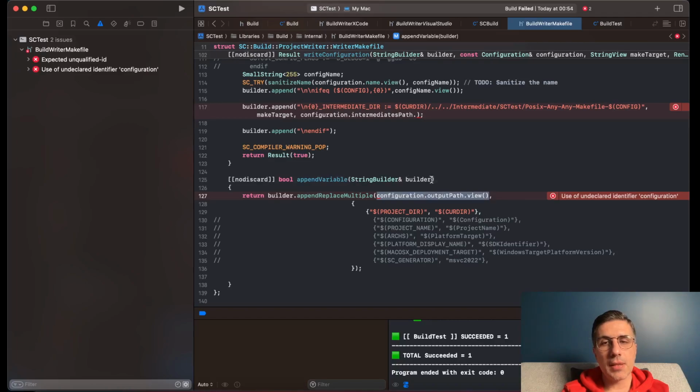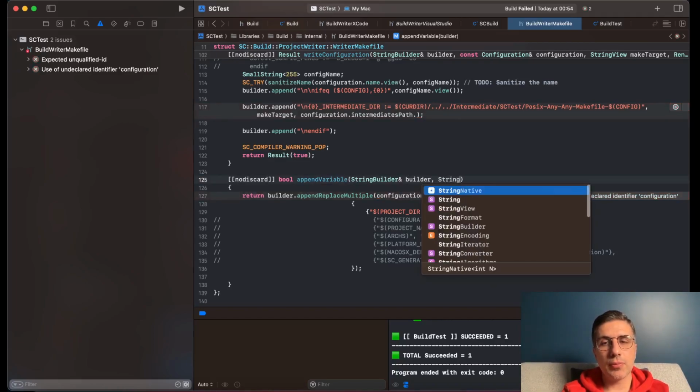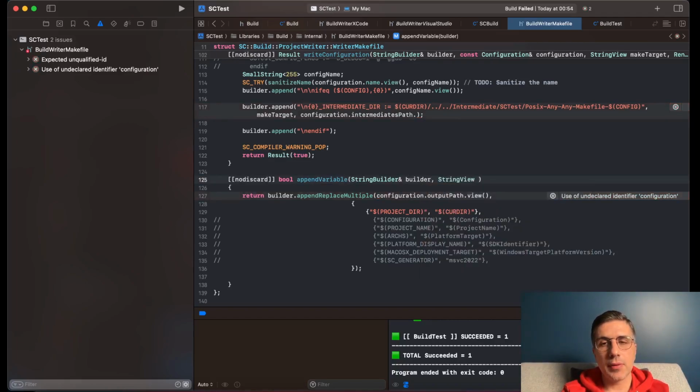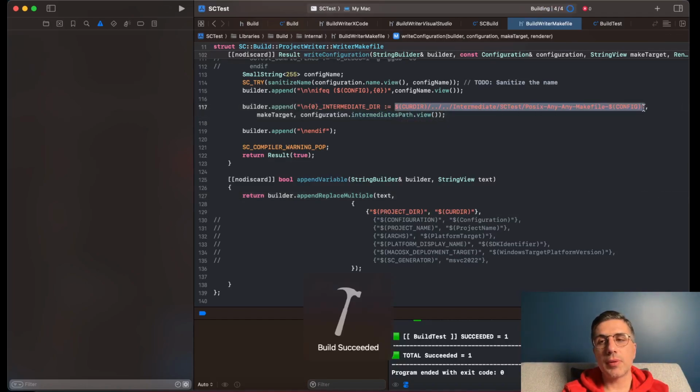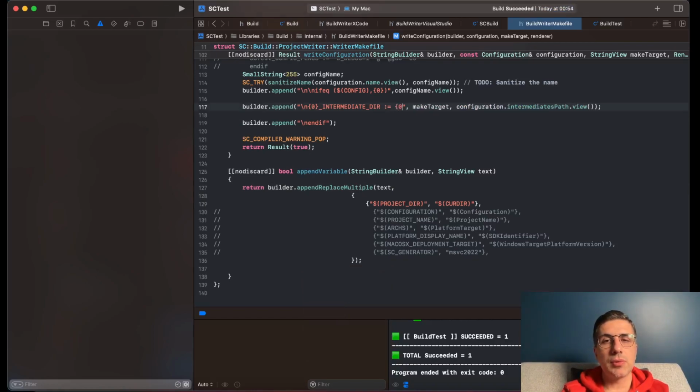Yeah, let's add a string view parameter, text. So this function will be writing any variable and replacing those markers with something else. Because right now, if I just write the intermediate path, what's going to happen is that you will see that